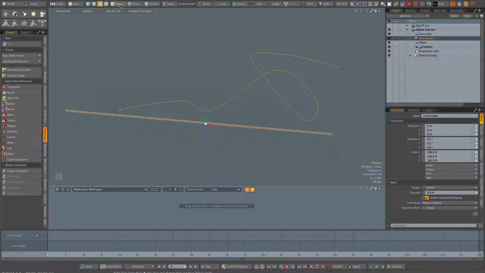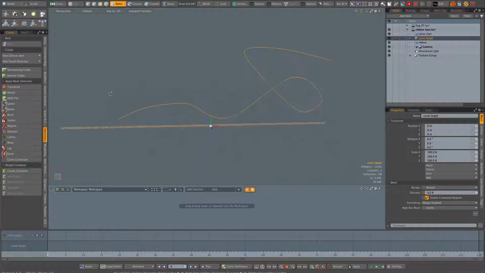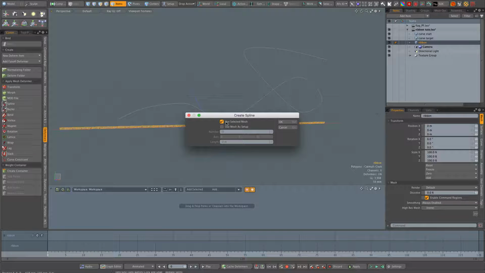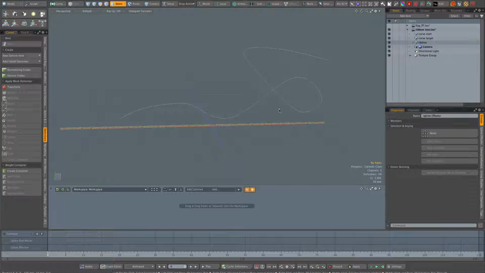So go back to item mode, select the ribbon, go to this tab here and select the spline deformer. Click on selected mesh. This otherwise will give you the number of points along the line, but I use selected mesh and click.